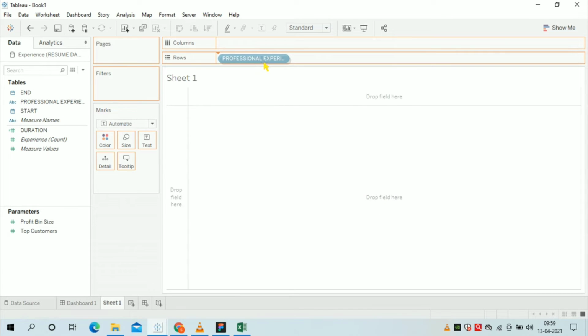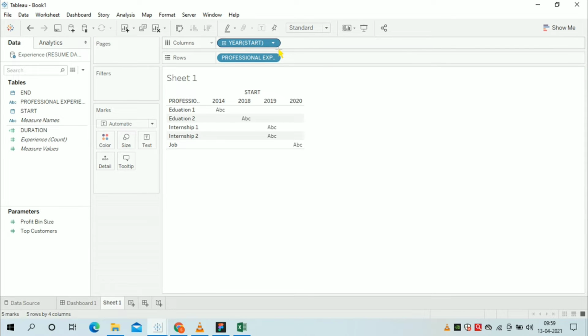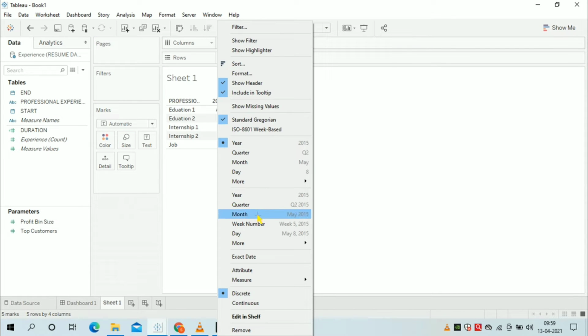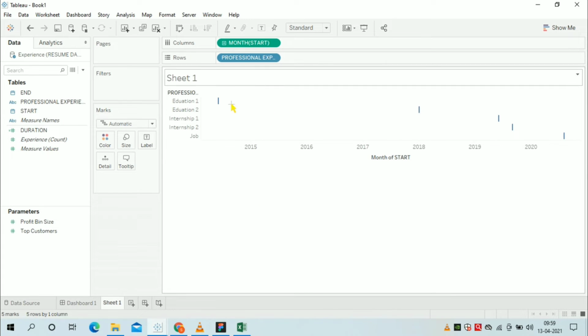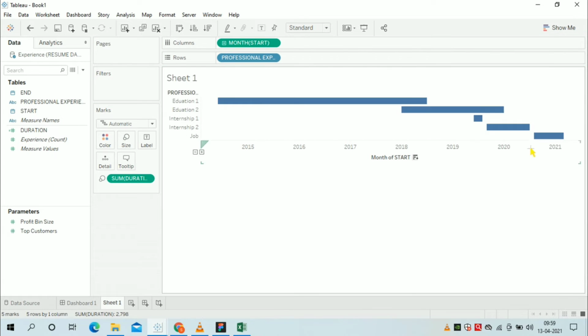Now drag professional experience column to the rows and start to the columns. Change the start to the continuous field and set it to the months. Now drag duration to the size and you can see you have created Gantt chart successfully.